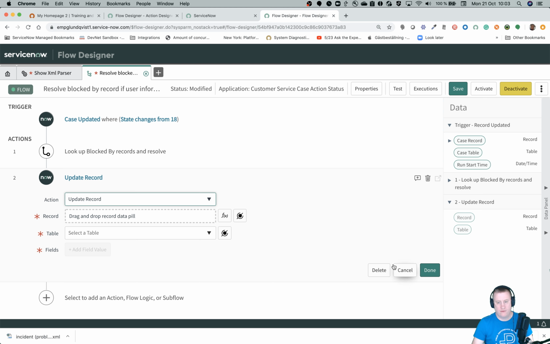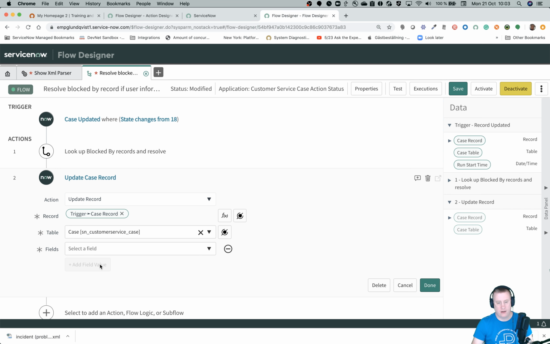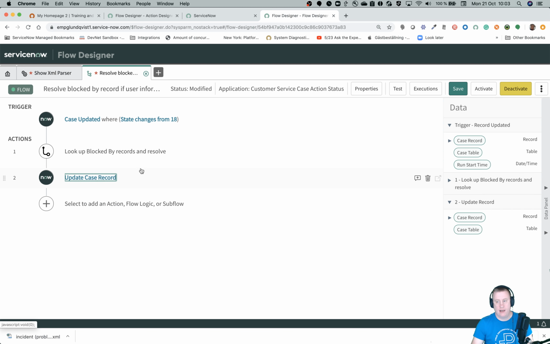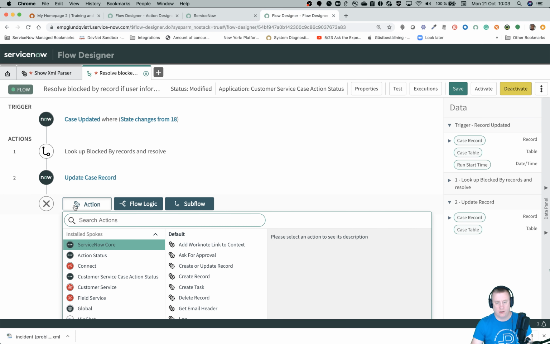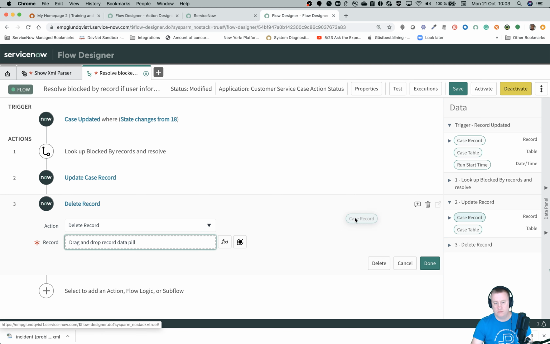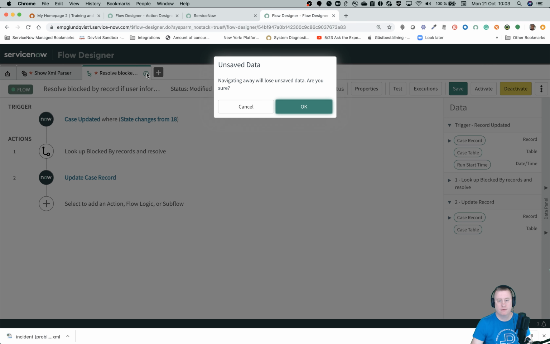I need to find the record. I can take the case record. There we go. I'll just say update that one, and then later on, if I want to do more stuff with this record, I can get it and just pull it down. If, for some reason, it doesn't make sense, but I would like to delete that record, I can just see number 2. I can just drag and drop it like that. So this is the output, meaning to be able to get my XML data